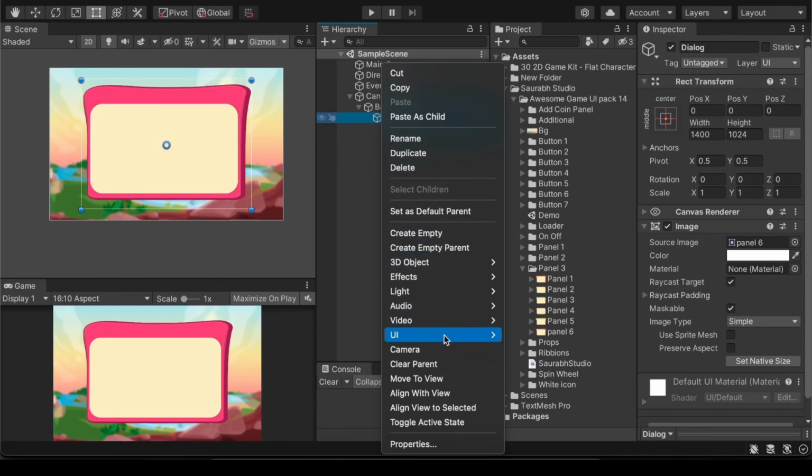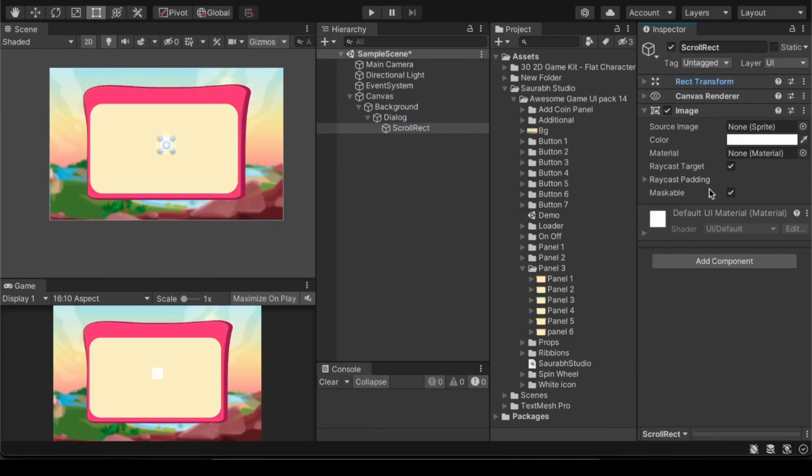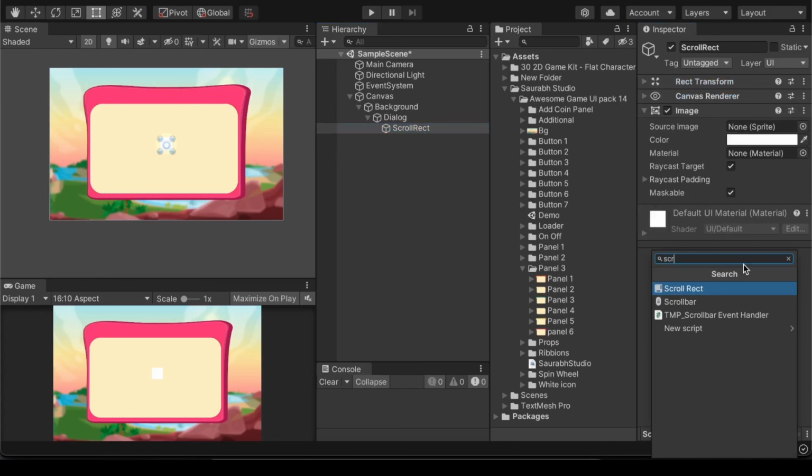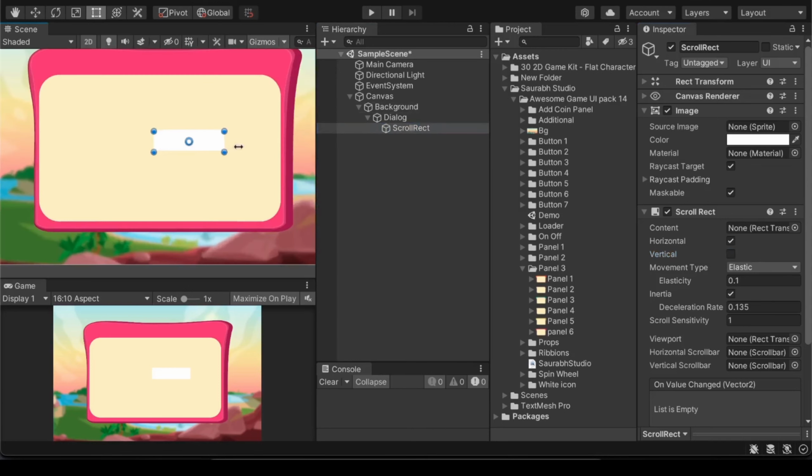Let's create another image component, call it scroll Rect. Add the component scroll Rect to it, and here are the main fields which we want to fill in. One is content, the second one is viewport. In this tutorial we will only use horizontal scroll Rect, so uncheck the vertical. Set its size like